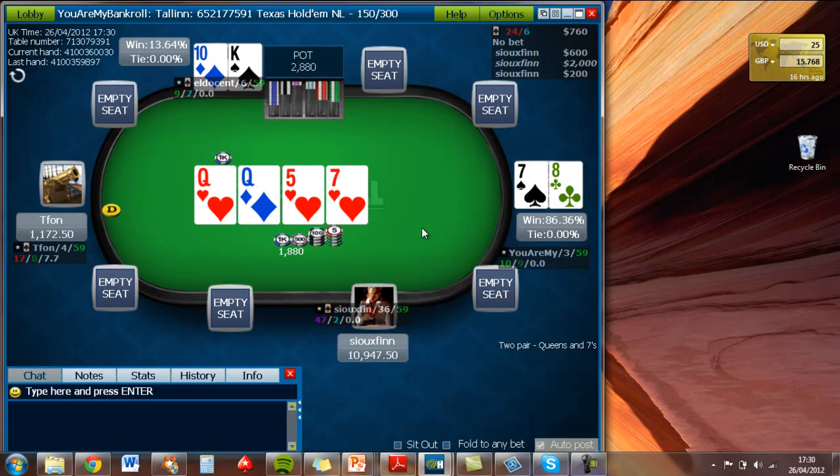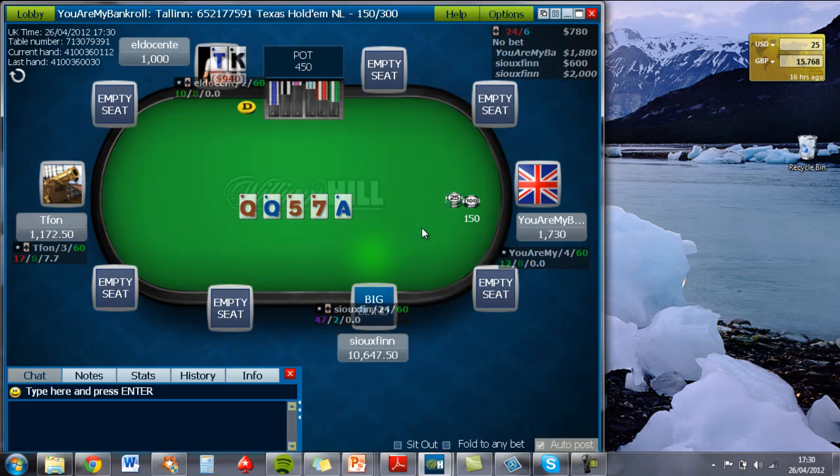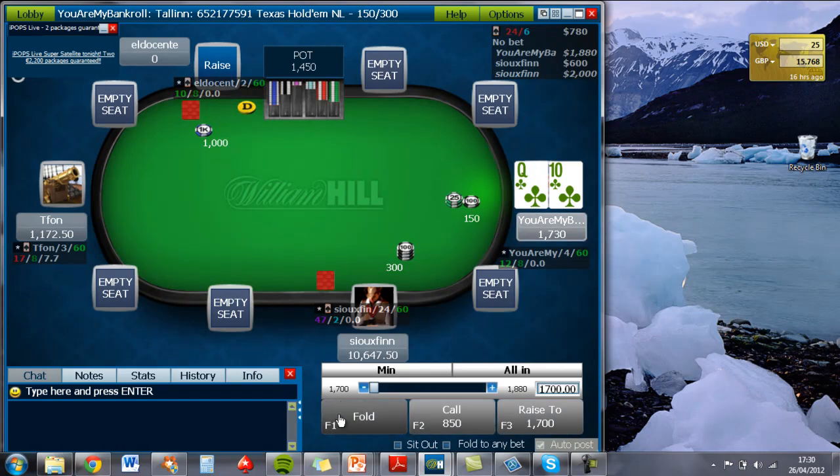I mean, I've called here with 7-8 because I'm fed up with this guy pushing all in on me here, and I found out that it was a bad call, and when I got quite lucky on the turn there, and I faded the river and got a lucky double up, which is what I was looking for. I don't think I can fold 7-8 in that position. I'm interested for your feedback. I don't think I can, because this guy's...